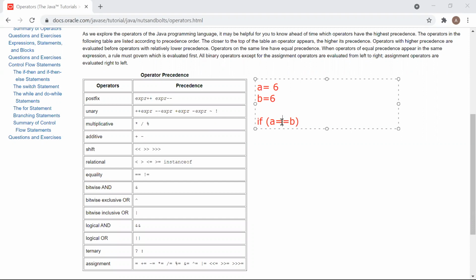But similarly, if I remove this and put this exclamation symbol, what does it mean? It means you are checking: is a not equal to b? Is it correct or false? False, sir. Correct. Because here a is equal to b, and if you put this symbol, it means not equal to. So always remember, in many conditions in code we add it like this, which means you are checking that this is not equal to.